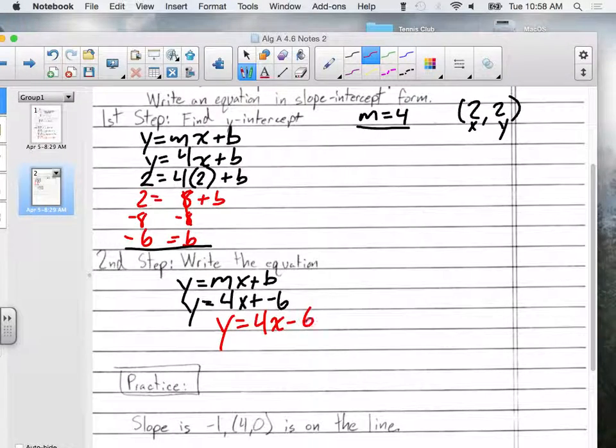Y equals 0 plus -6. Where'd you get that 0? Substituting in for x. Substitute in what? 0 for x. Why? Because